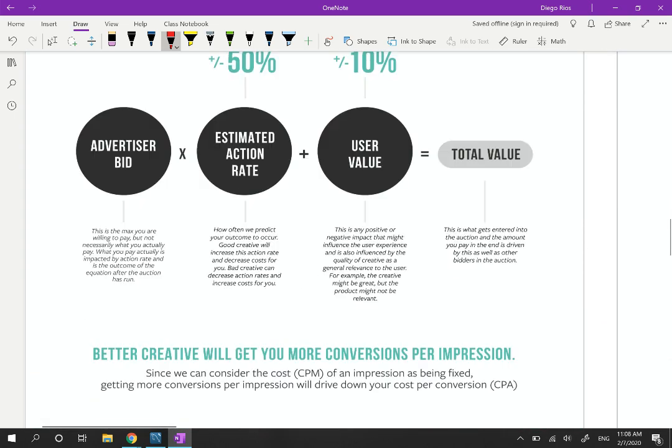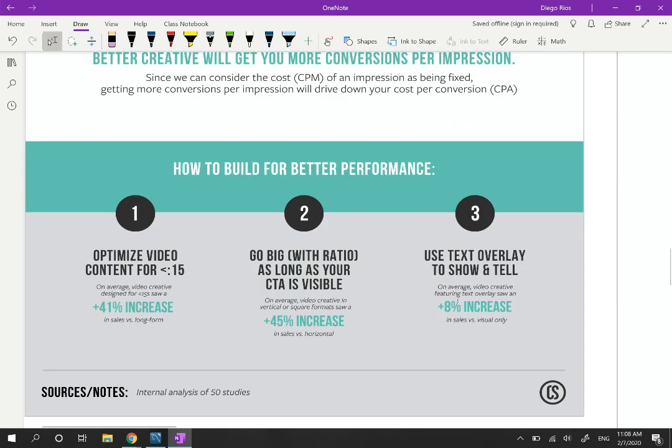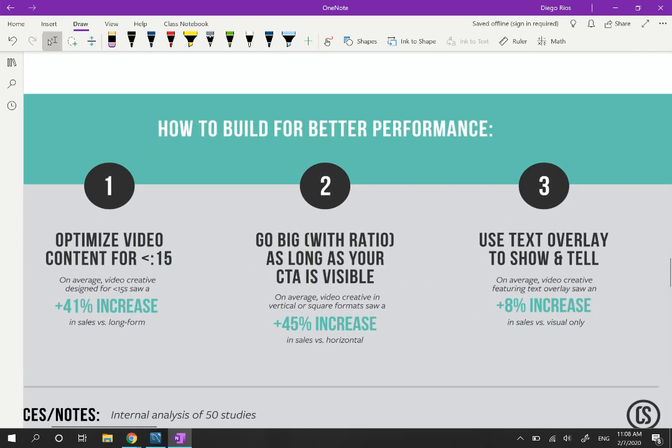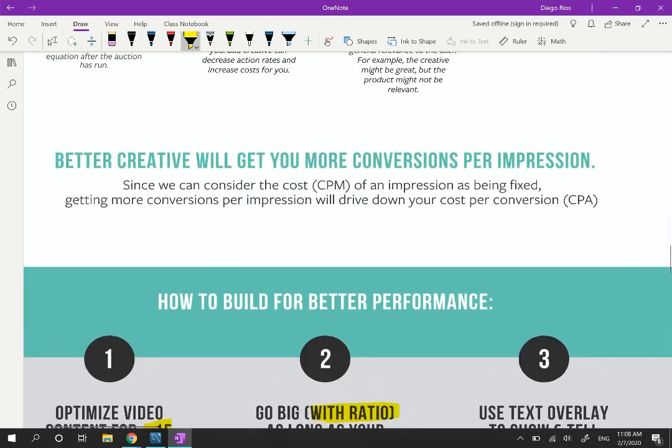The other thing that I liked, and I found this actual study on how to build better performance, and I think these are just best practices. Optimize your video for less than 15 seconds, and I think that's key. Shorter is better. If you can tell a better story, then that's great. Go big with ratio as long as your call to action is visible. You want the call to action within your video, and also the ratio is key,